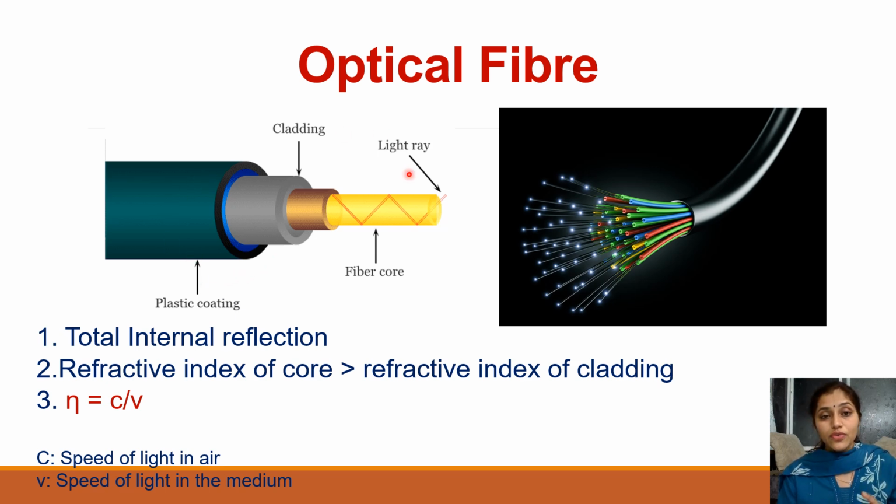So in case of optical fibers, the information we send is on light. So here light is incident at this place, and then it travels over optical fiber because of total internal reflection. So it travels through core. So the job of cladding is that it doesn't allow light to escape from the cable. It keeps light inside the cable. It doesn't allow the light to refract.